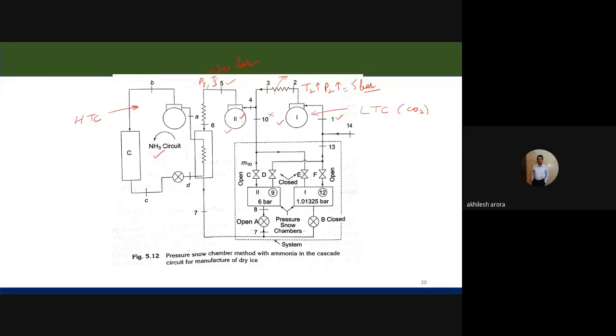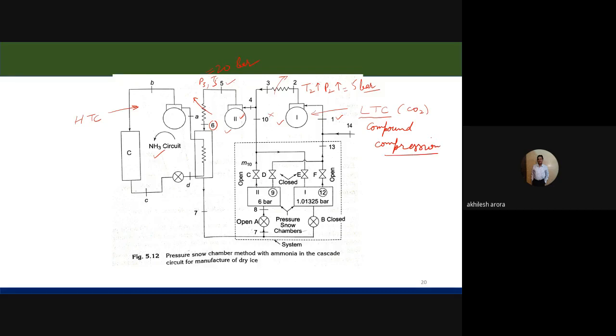After that, once again we have a heat exchanger here because the temperature T5 will be quite high. So we are rejecting a certain amount of heat to the surroundings. At point number 6, before I discuss it, once again to let you understand, we were talking about the low temperature circuit, which is basically compound compression.